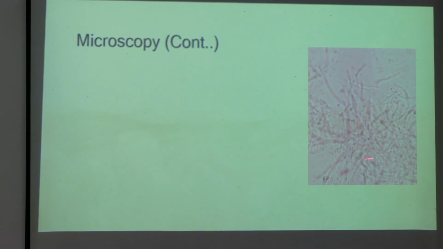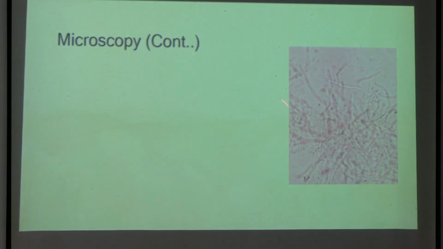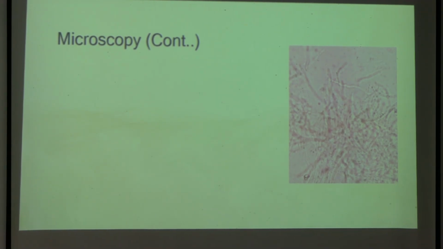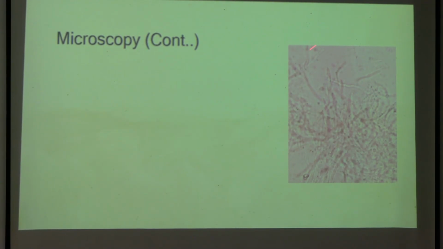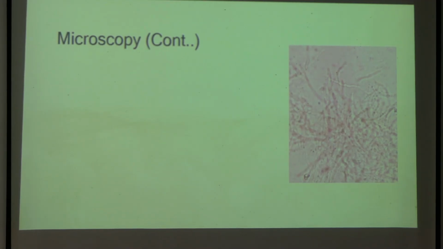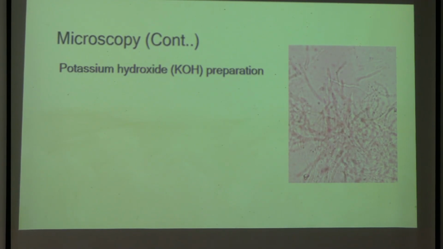Can you see the fungal filaments? I told you in the SGT classes that we cannot see things directly under the microscope unless some enhancement is added. Either you have to stain or do something. For fungi also, in this KOH mount, stain is not added. What we add is potassium hydroxide. This is called potassium hydroxide preparation.